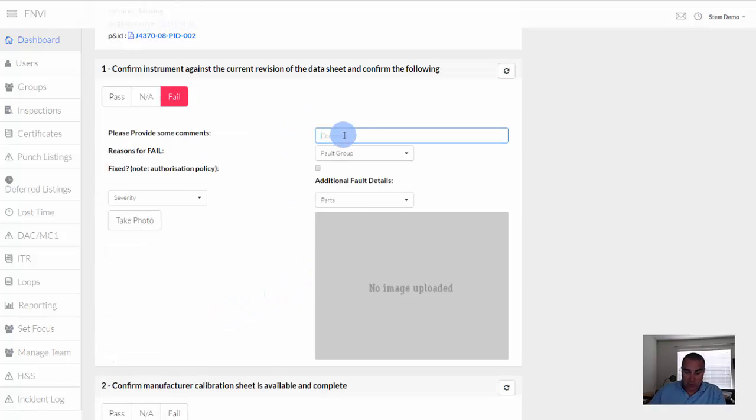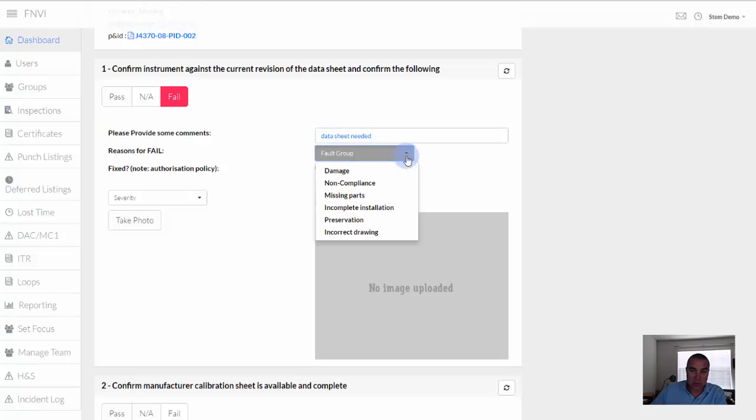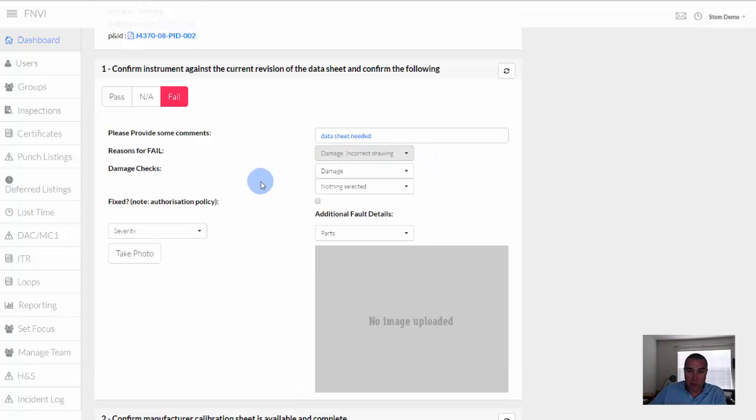So we'll just put data sheet needed. Now what you can see is that we've created a scenario where the inspector doesn't have to type in his personal interpretation. We've got different categories which cover all the different types of potential punch. So we've got here in this case incorrect drawing, but he can also have damaged, and once he's selected that damage,